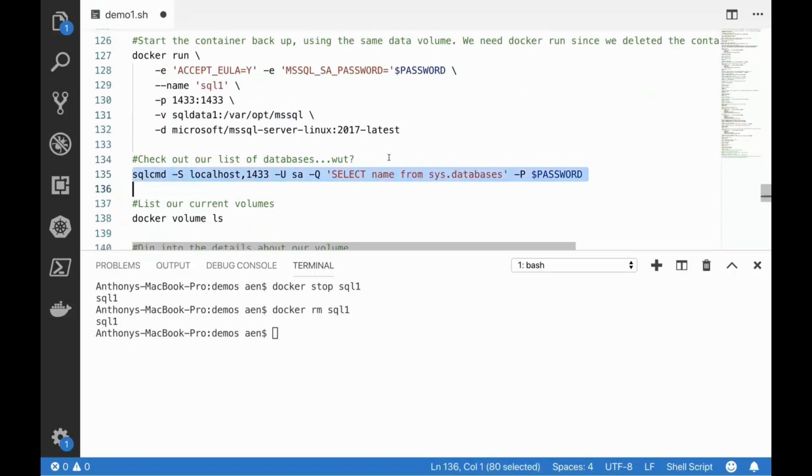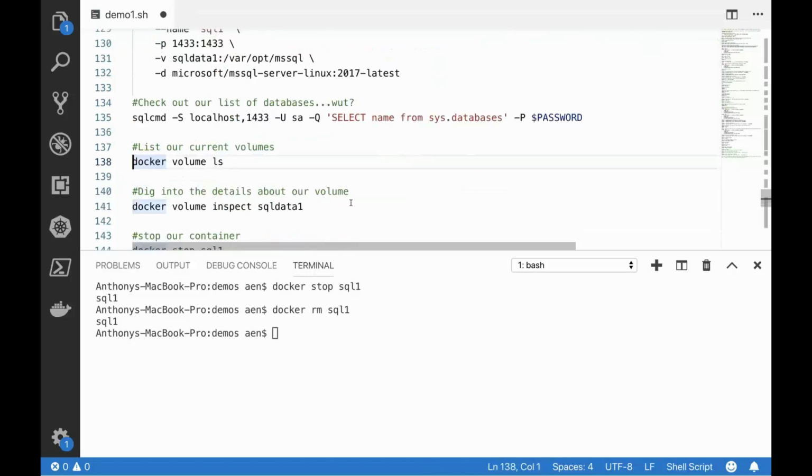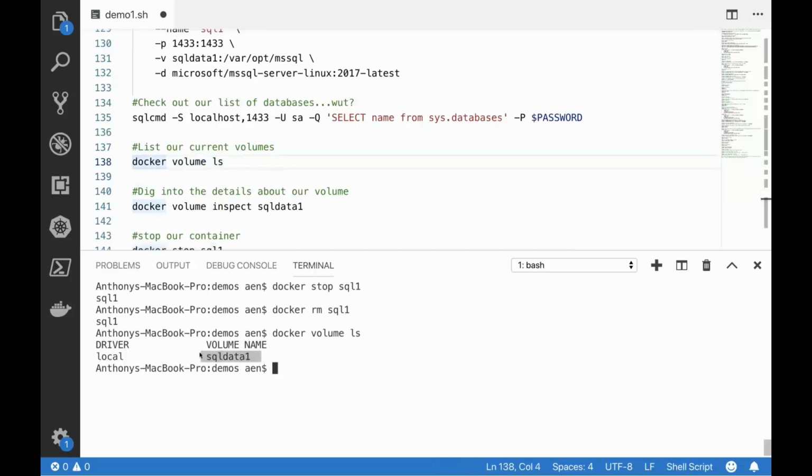And then if I run this again, we would see that our list of databases would be available in that location. Now, the tech behind that is this thing called a Docker volume. A Docker volume is a resource managed by the underlying Docker subsystem on my laptop here, or whatever computer you're working with. So say docker volume ls to give me a list of all of the volumes that are available. And here we see SQL Data 1, that being a driver or the Docker managed resource.